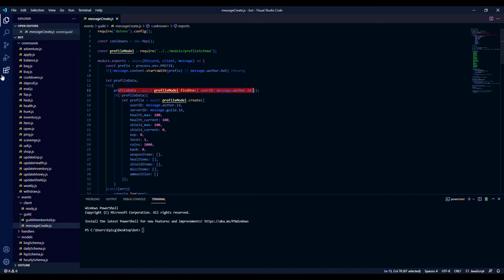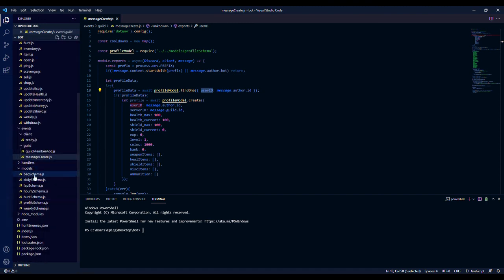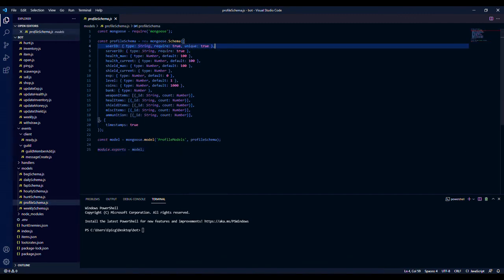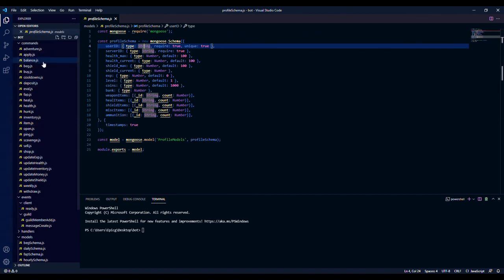So you really would need to do that. I recommend using user ID as your way of getting people. So when we go to here, user ID, string, required, unique is true, required is true, it's a string type. So yes, I think that's very important to have,